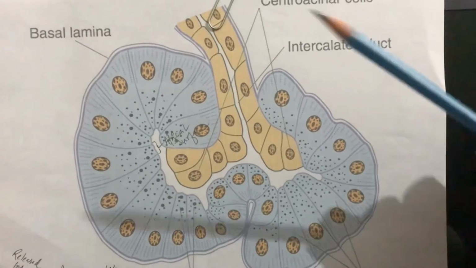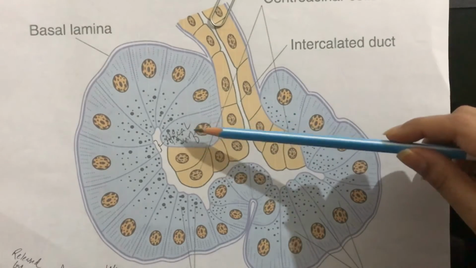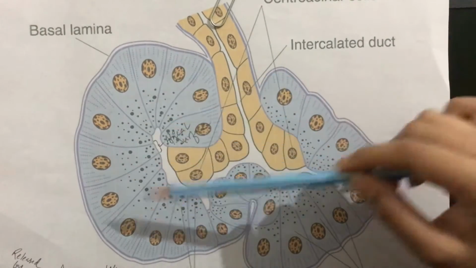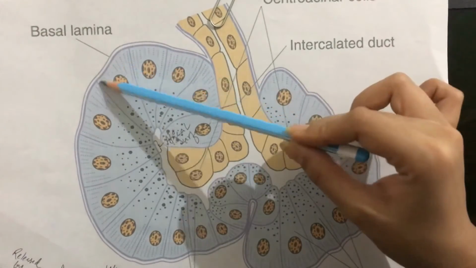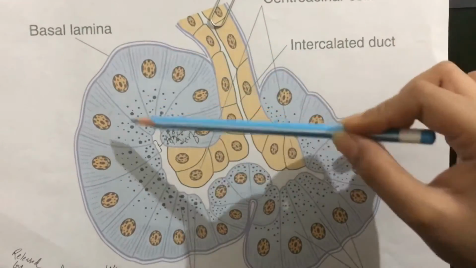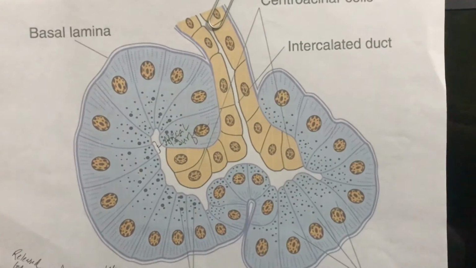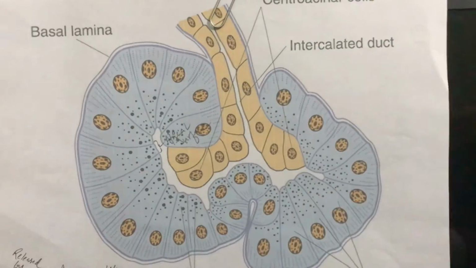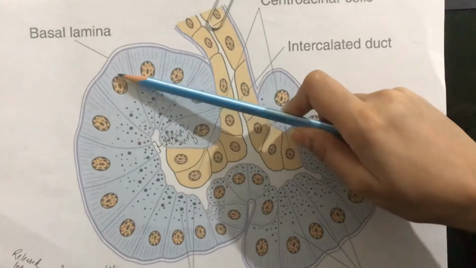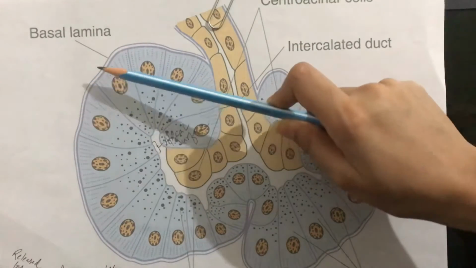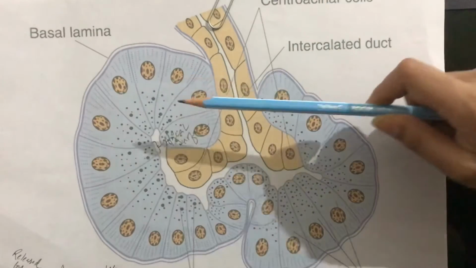Now let's see inside the acinus. As I told you earlier, it is lined by simple cuboidal epithelium, and these are the cells of simple cuboidal epithelium. It has a broad part known as basal lamina and a narrow part known as apical surface. On the broad side, there lie many organelles for the production of enzymes. Organelles such as Golgi bodies, mitochondria, ribosomes are needed for the production of enzyme.